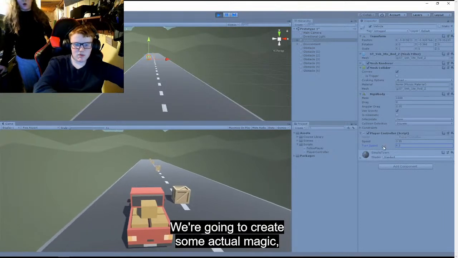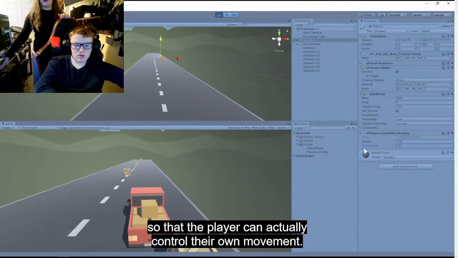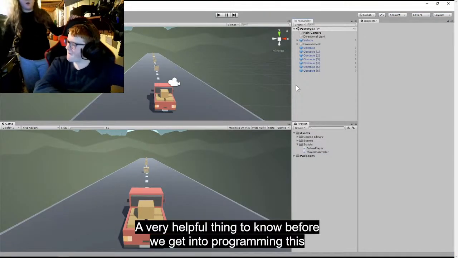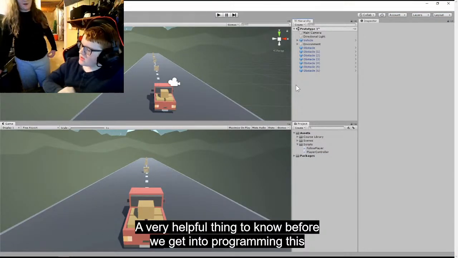So, we're going to create some actual magic so that the player can actually control their own movement. A very helpful thing to know before we get into that